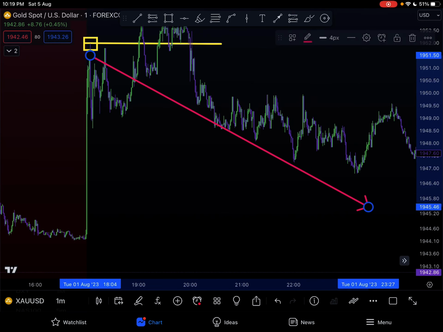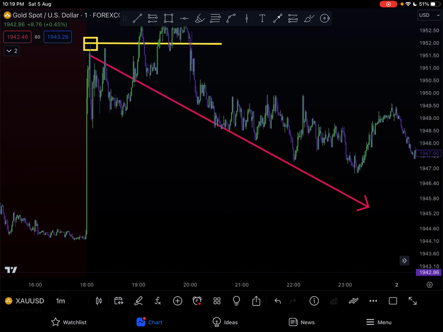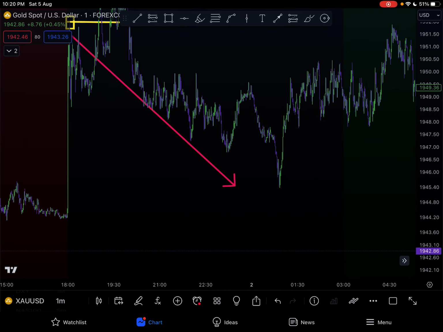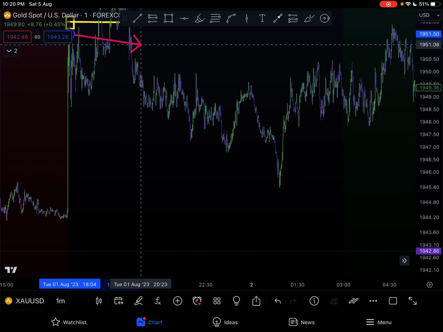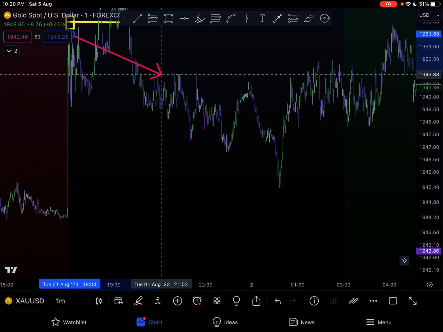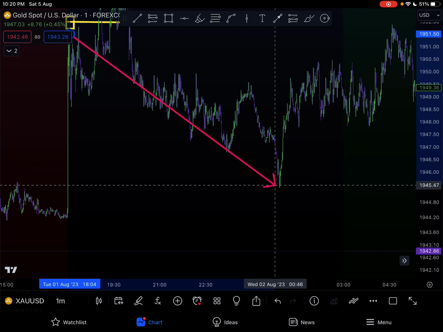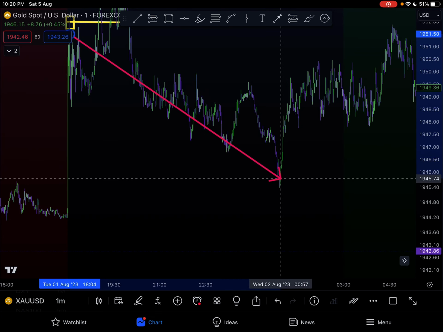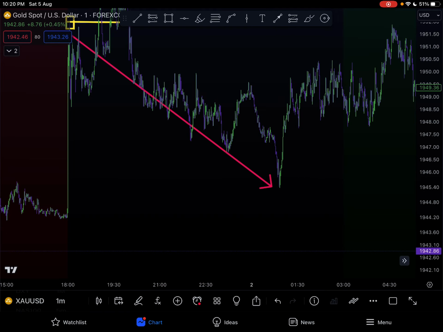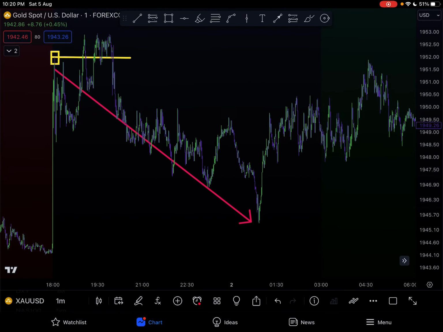Not only can you participate when price comes to a rebalance of a fair value gap and then goes to run again, which is how you want to normally do it, if you're comfortable and you know that price is going to target an imbalance on the rebalance, you go to a lower time frame. You can play this downward from the turtle soup, target this imbalance to take your profit. As soon as price starts to reverse on you, get out. Simple as that.